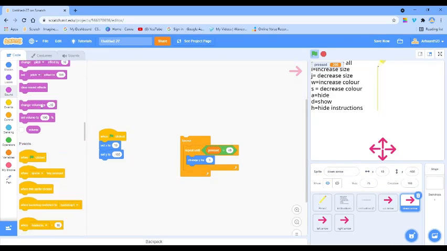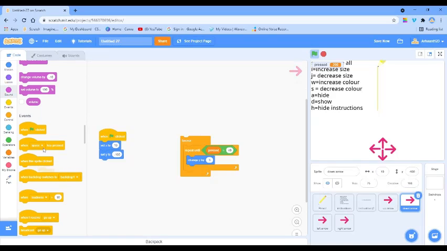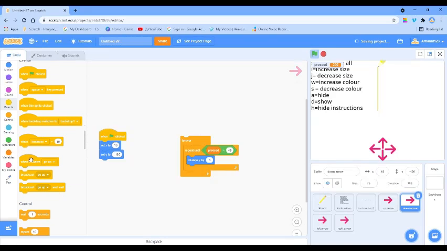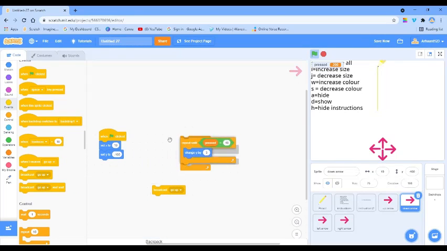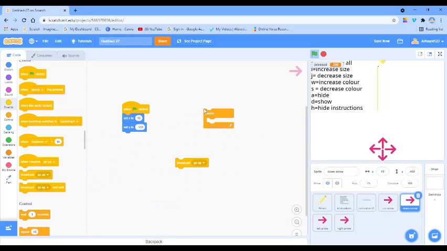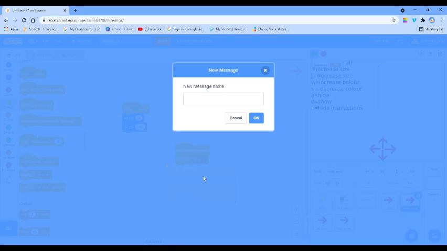And when I broadcast a message, you don't have to get it in the arrows. You just have to get them in the pencil. We just need the broadcast. So when this sprite is clicked, broadcast go down. So I will